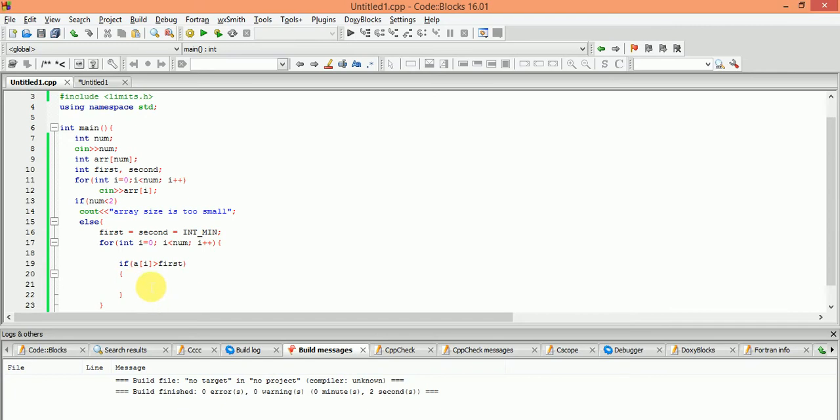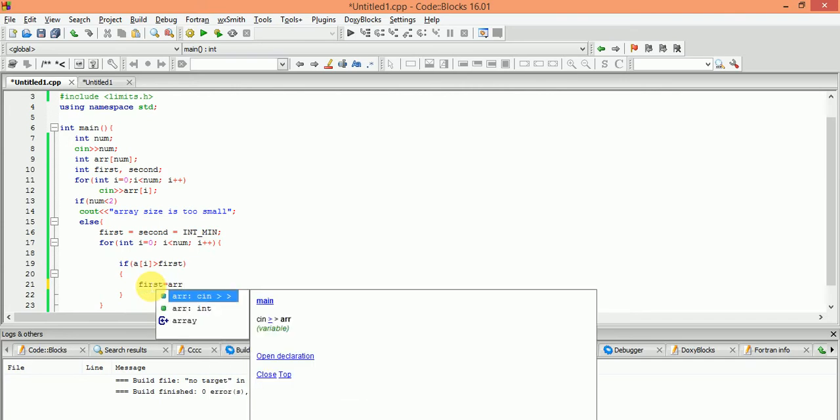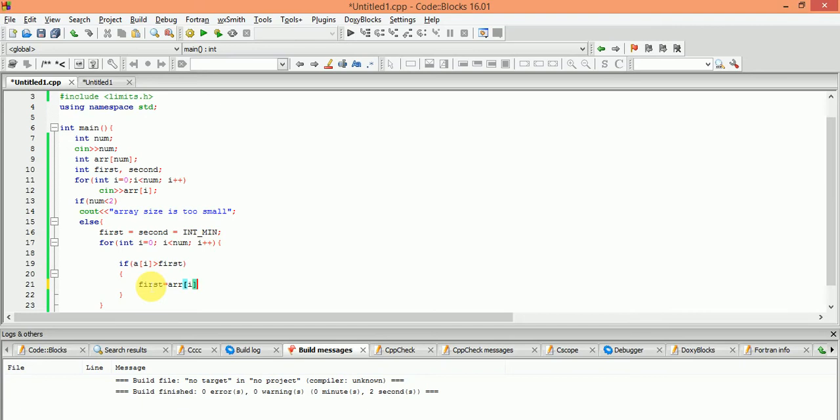So we will update it: first will be the value of array[i], and the second value will be